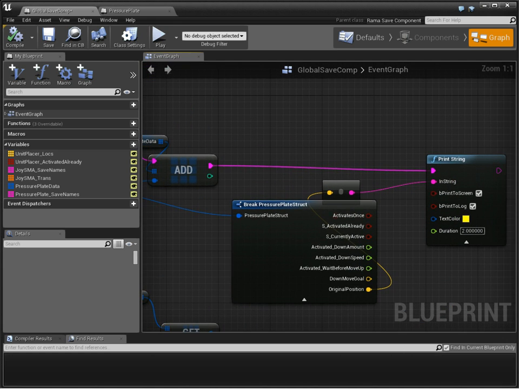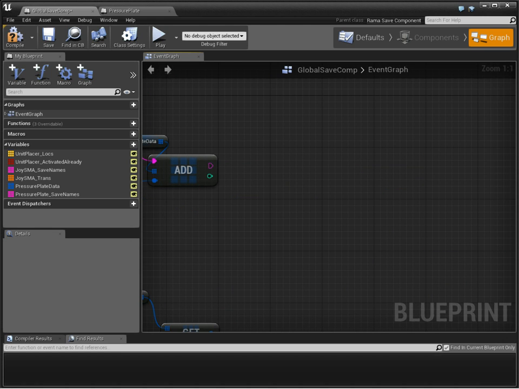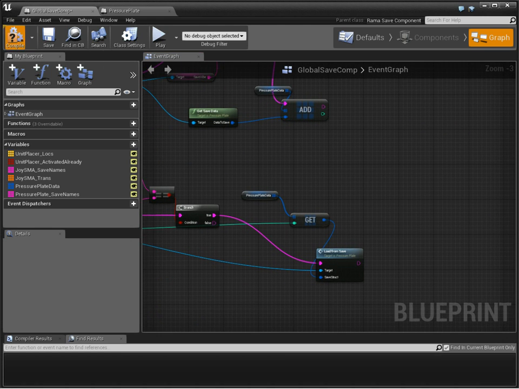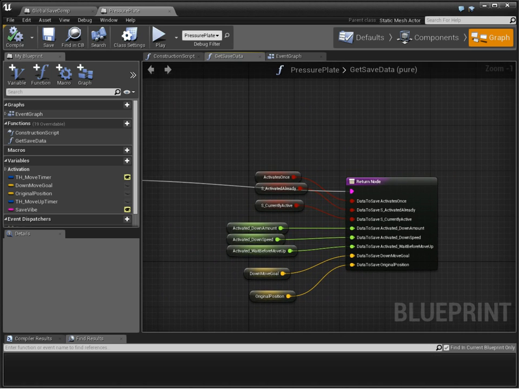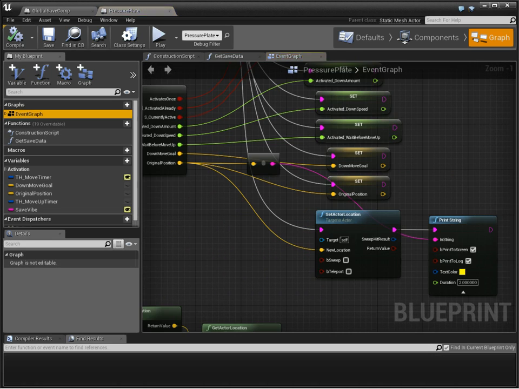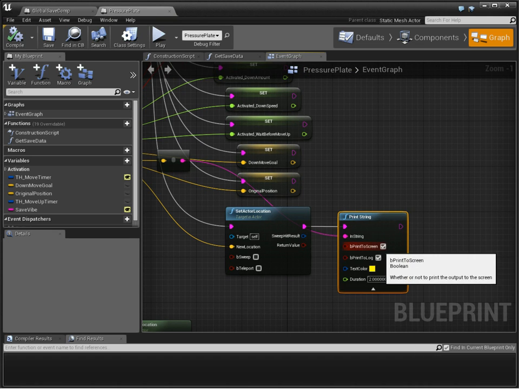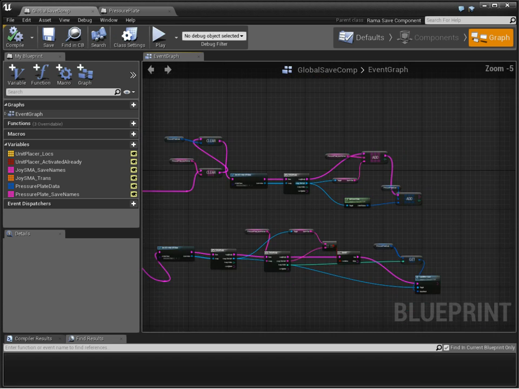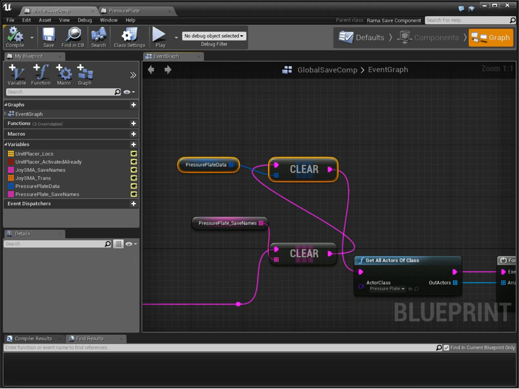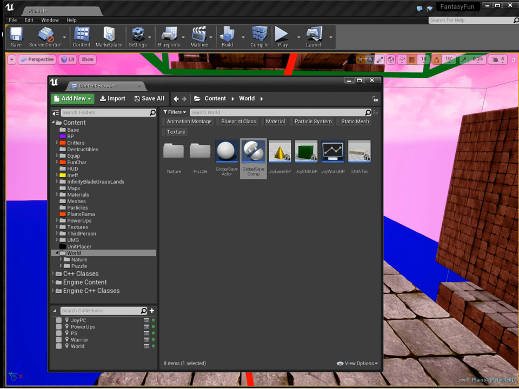Here I was verifying that the data was getting saved correctly, which it is, so I don't need that anymore. And over here I was verifying, where was I verifying? Let's go to the event graph. Over here I was verifying that it loaded correctly. Don't need that anymore either. So again, the critical fix was to do this. Okay, so now if I go in game,